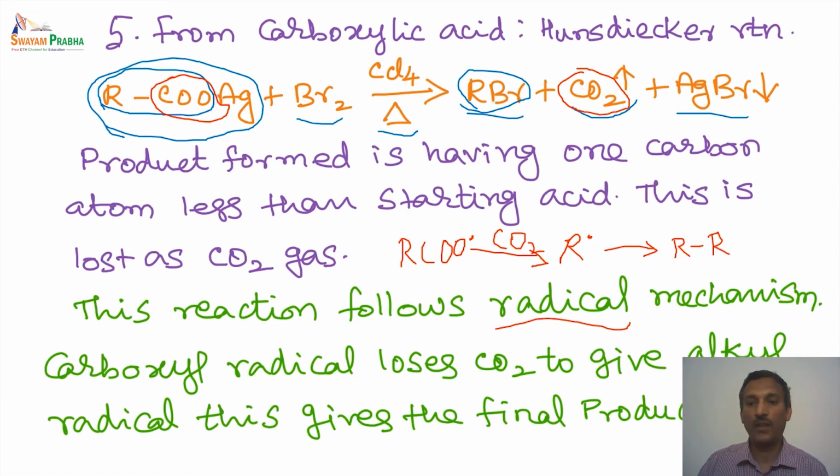In other words, if we take 100 molecules of the silver salt of the carboxylic acid, the reaction does not necessarily give 100% of the alkyl bromide. Some amount, depending on the reaction conditions and on the stability of the alkyl radical, is converted into the dimer. So again, in this particular reaction, we may not get a 100% yield of the alkyl bromide. Carefully chosen reaction conditions are essential to get a high yield of the alkyl bromide by this method.